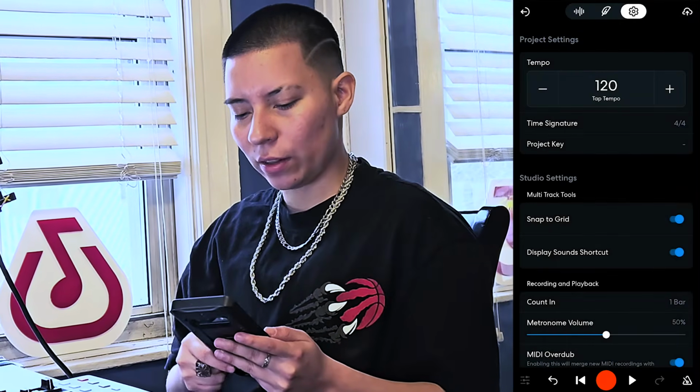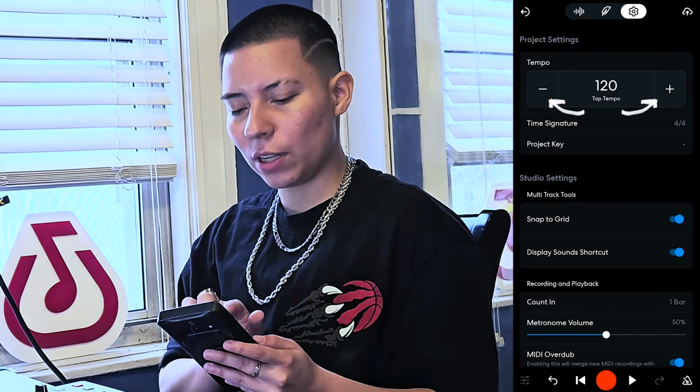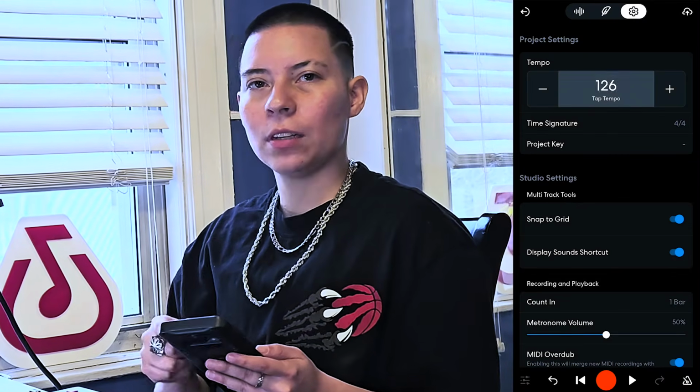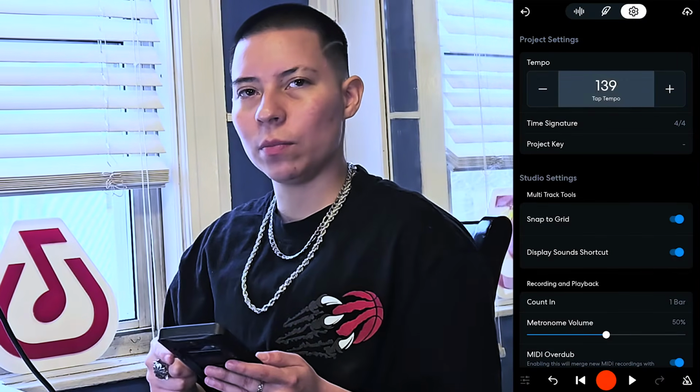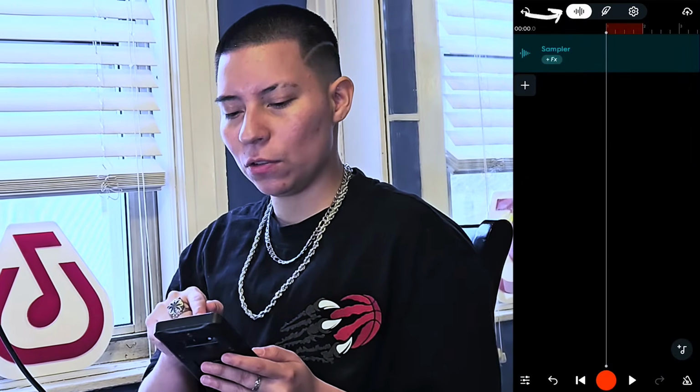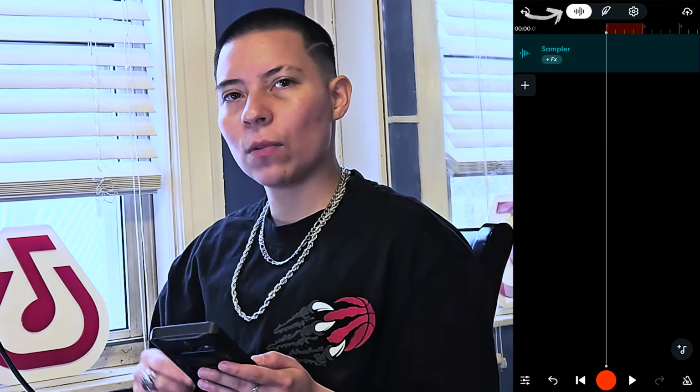In order to set the BPM, we're going to click on the little gear icon on the top, and where it says tempo, we can use the plus and minus keys to get the desired BPM. So for now, I'm going to set the tempo to 140 BPM. Now go back to the main project view by hitting the waveform icon, and we're going to set a 4-bar